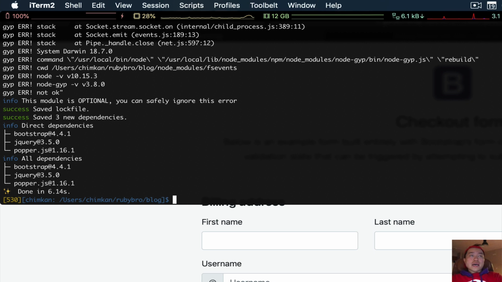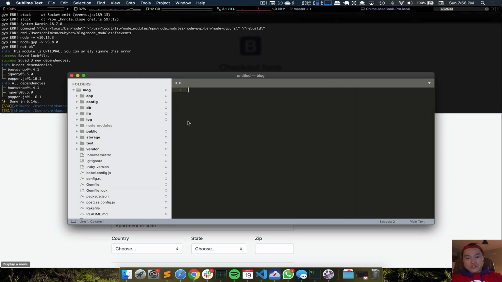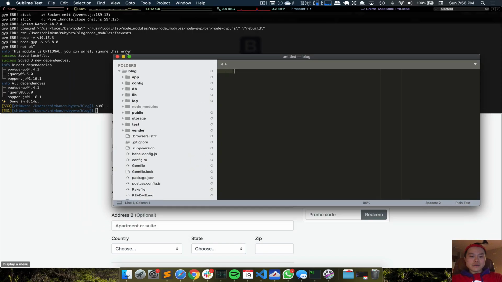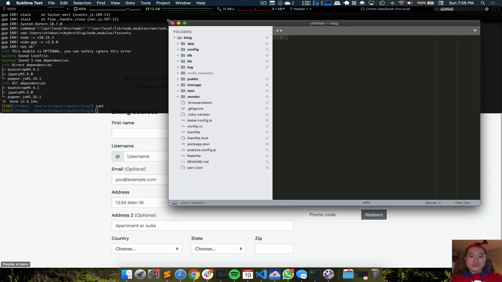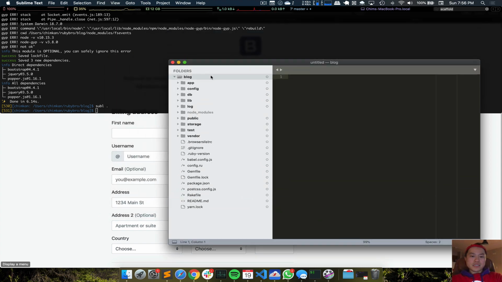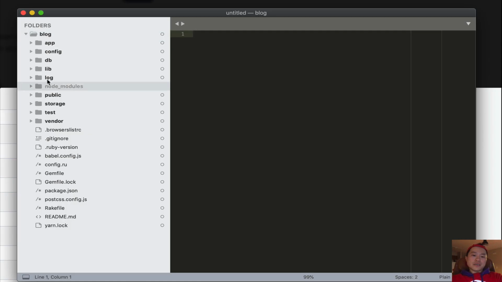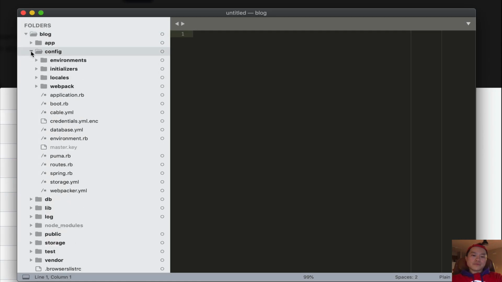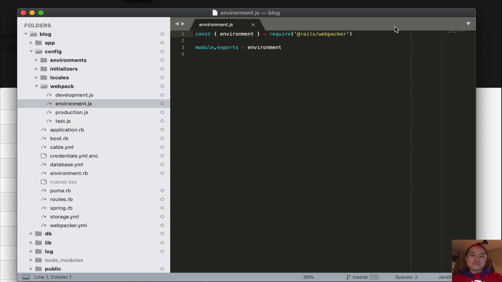Once I install that, I have to do some changes in certain files. I use Sublime as my text editor. You can use VS Code or some other kind of app. So what I'm going to do is go to the config folder, and then I'm going to webpack environment. Between these two lines of code, I have to